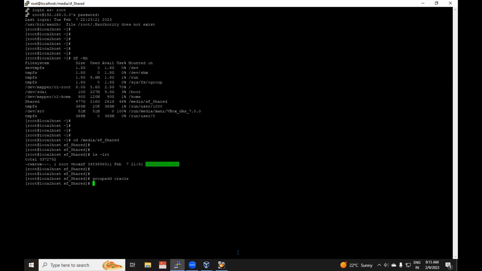Then here I'll copy and paste from my notepad. It's useradd -m, where m is for modification, -g for group.